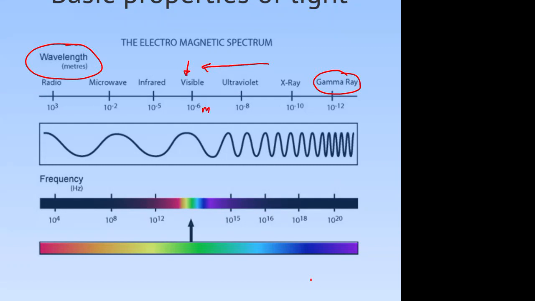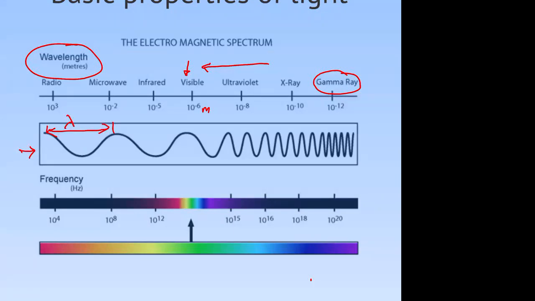Of course, radios are also pretty important. Visible is most important to us because the majority of energy we receive from the sun is in the visible. And this is, by the way, why human beings and most animals evolved to be able to see in the visible light. And that's represented by the wave here, where you can see the spacing between the peaks,